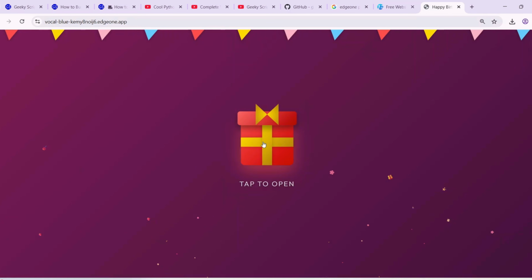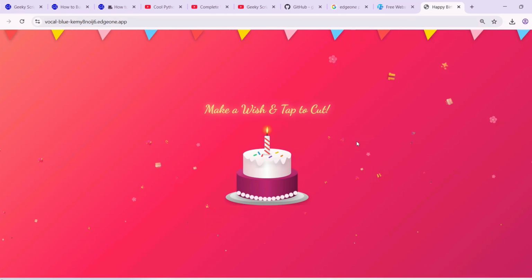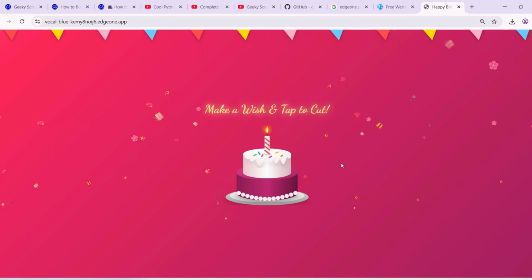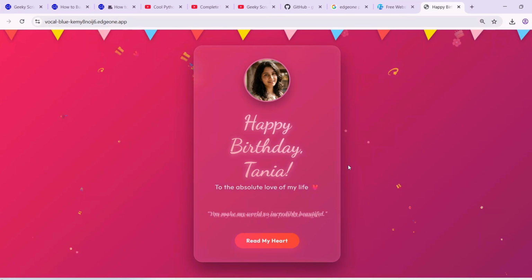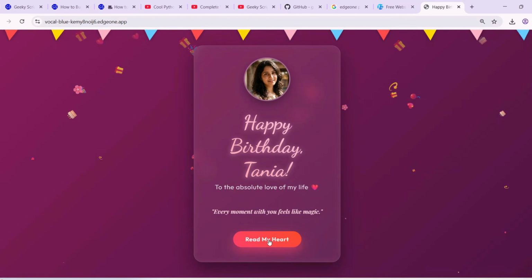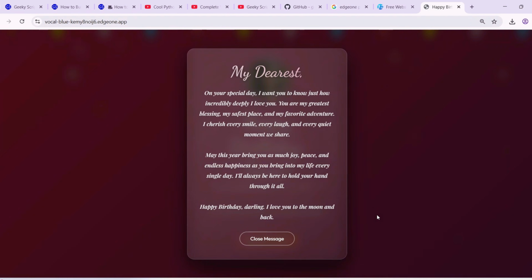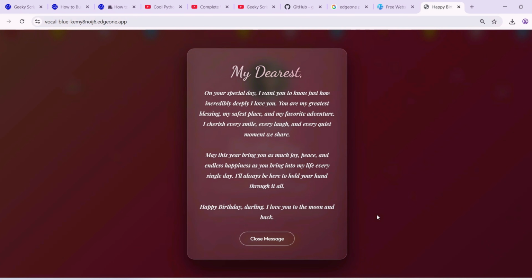Now as you click on this gift icon, first it's going to show a cake, make a wish, tap to cut. Now as you click on this cake, it's going to show a beautiful animation of cake cutting, and then it's going to show you happy birthday Tanya. So whatever name you are providing, it's going to show up over here. I just showed you how you can edit that in Visual Studio Code, and you can change your image as well right over here. So that will be showing up over here. Now as you click on read my heart, it's going to show this beautiful love letter. So cute, isn't it? So that's how I build this type of website,